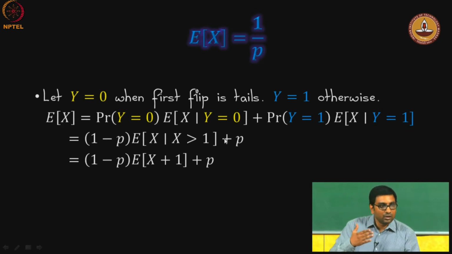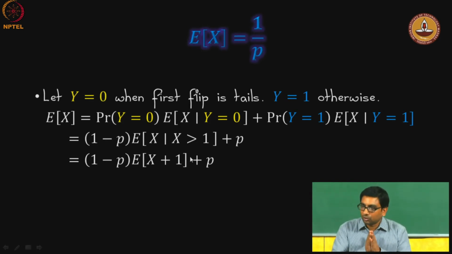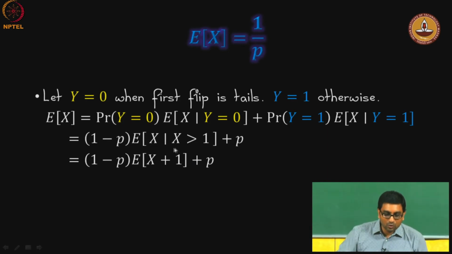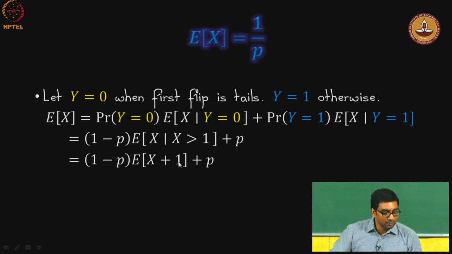When you think about it, now we are applying the memoryless property. When it is guaranteed that x is greater than 1, it has to be at least 1. The first flip has to be a tails, after which the entire memory is lost, and it's like starting the experiment all over again. So, this 1 is accounting for the fact that the first coin flip was a tails, and that is completely lost. You have to restart the experiment. So, then you have to add this x. So, this x given x greater than 1 can be written as just x plus 1.